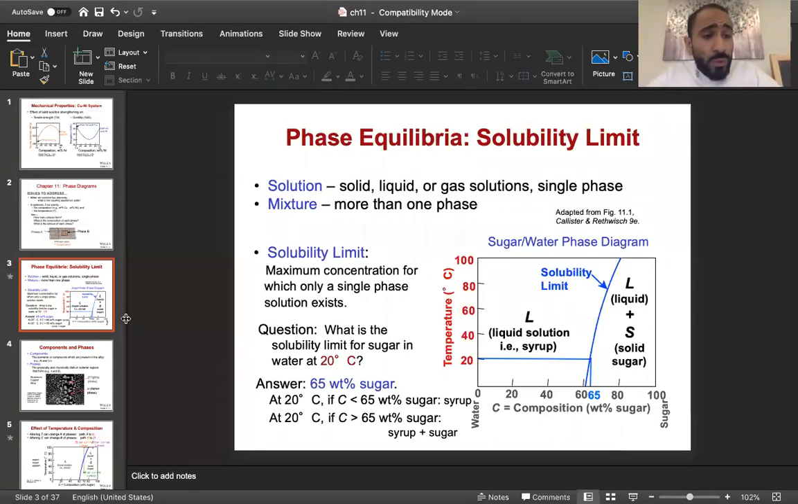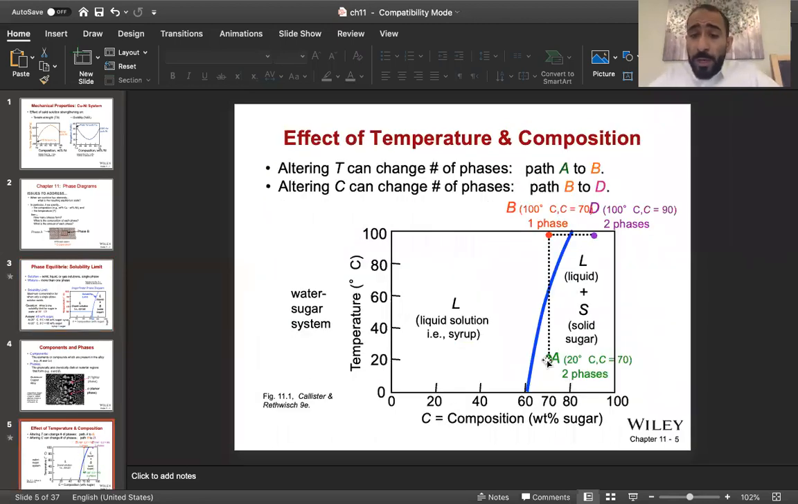Okay, what we can do, for example, if we are at point A at room temperature, 20 Celsius and 70% sugar, now you have two phases, right? So if you heat it up until point B, by increasing the temperature you can enhance the diffusion, and you end up having a single phase. So at this point, you have a single phase, which is a liquid phase, right? And then if you add more sugar at this point, then you're going to cross the solubility limit